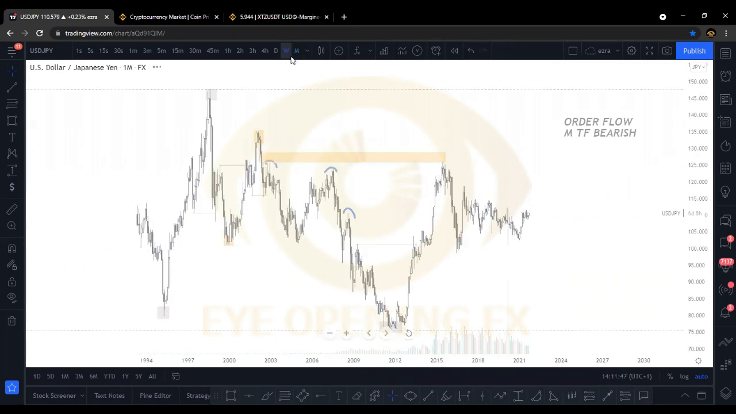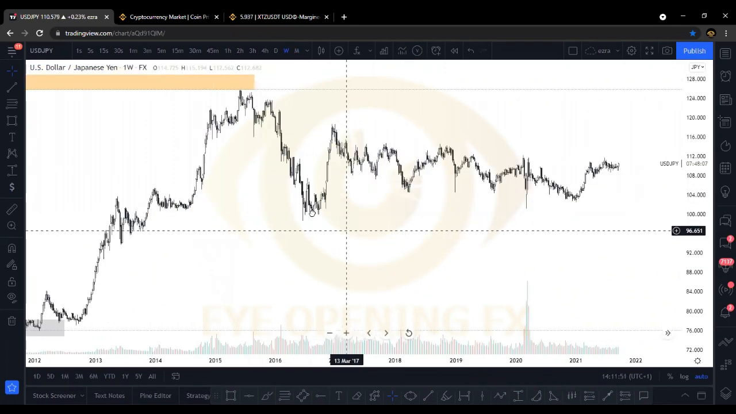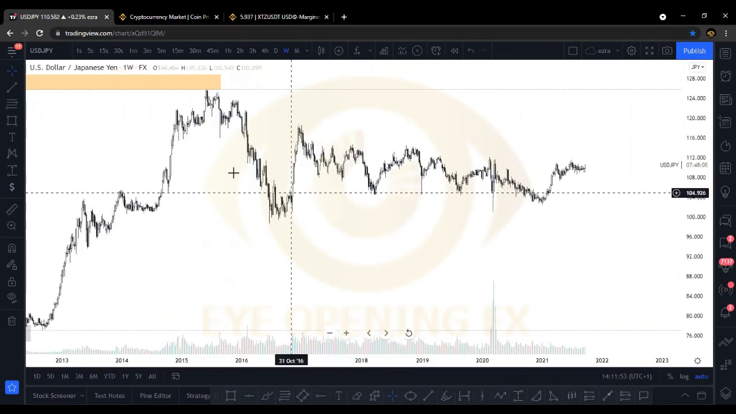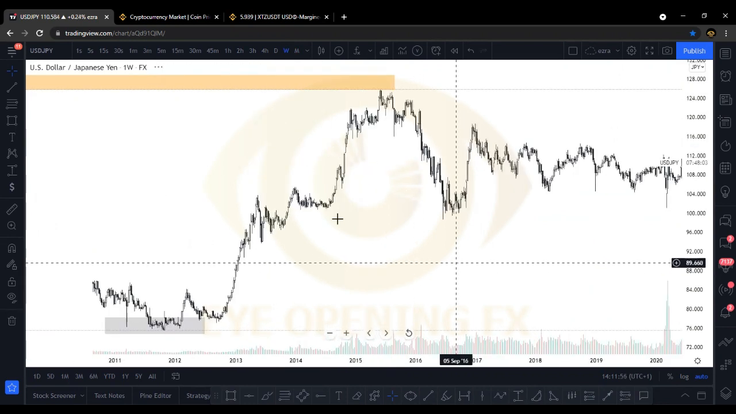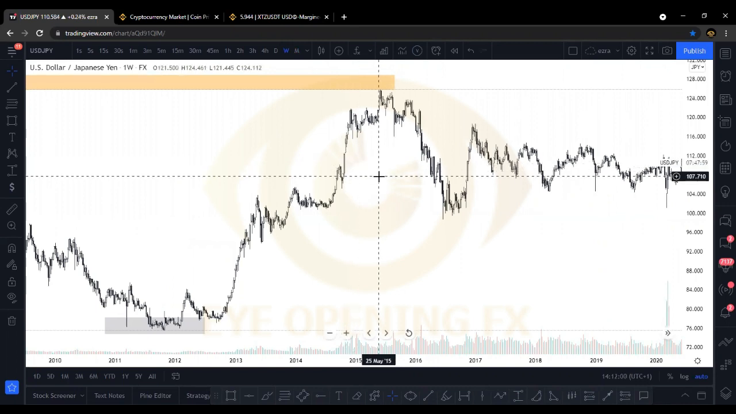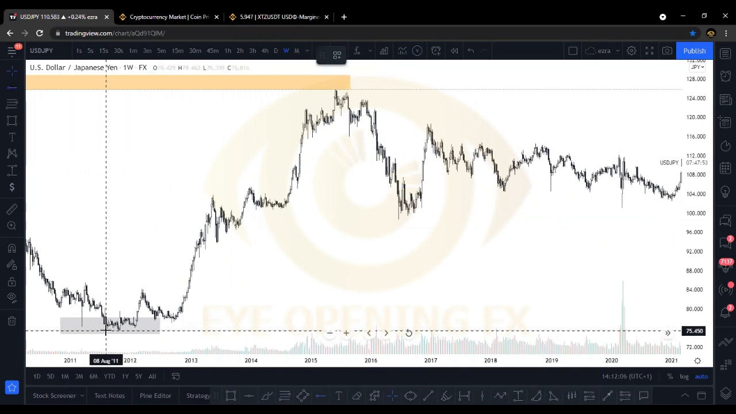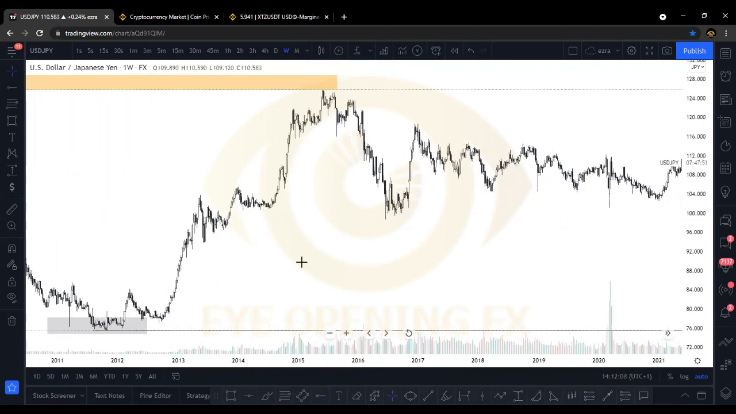Now with this order flow, we check again what weekly is doing. If you check on this weekly time frame, this is how to understand order flow. From your range low to your range high,